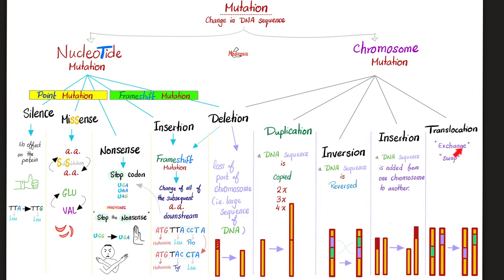How about translocation? Translocation is exchanging, not just adding or giving. No, it's exchanging. It's give and take. Look at this. One of them had a green, the other had purple. All right, you take my green, I take my purple. You scratch my back, I scratch yours. This is translocation in a New Jersey accent.